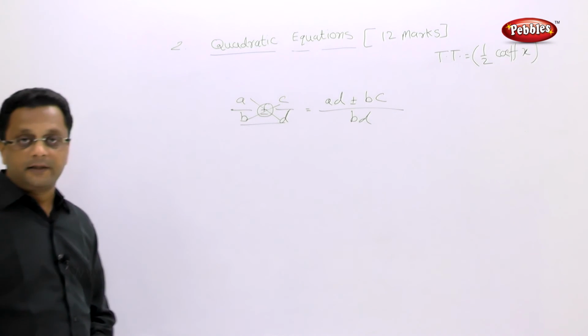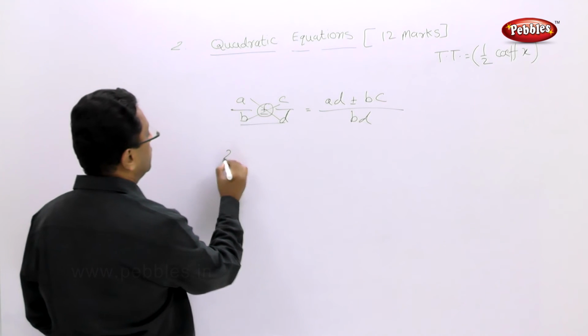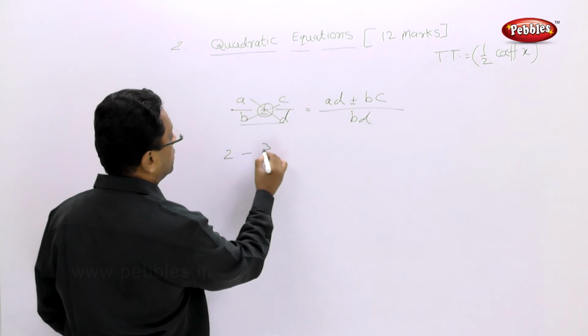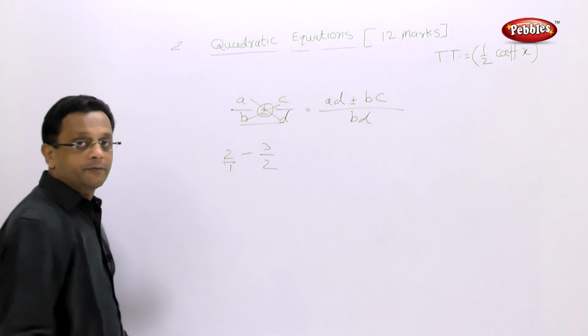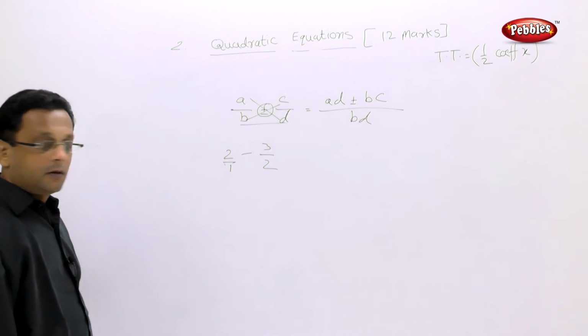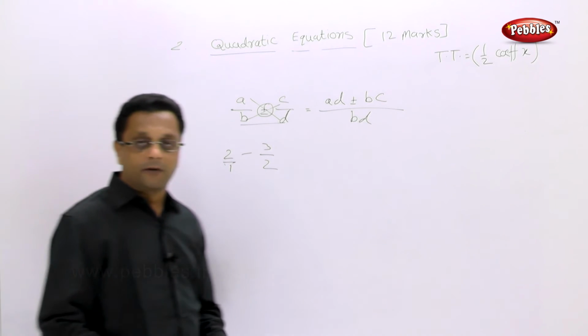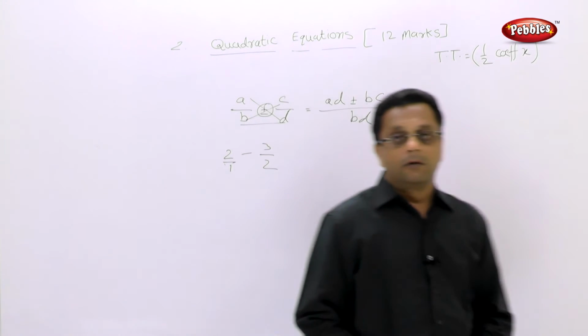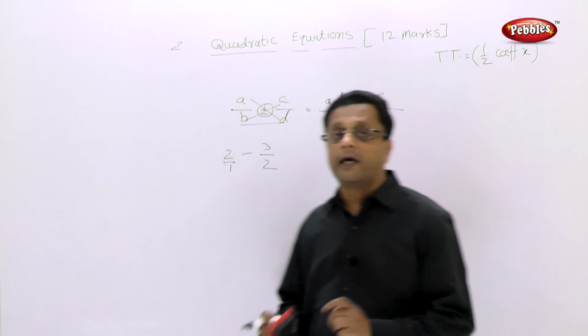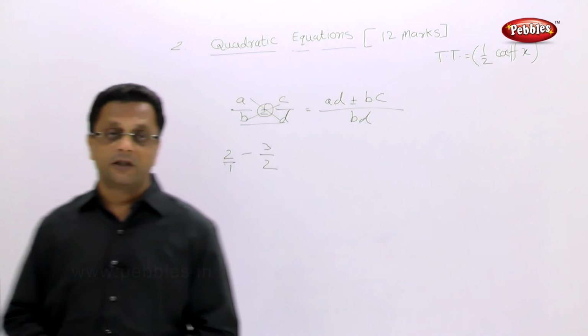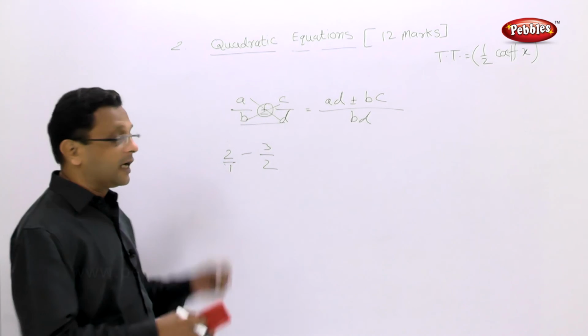Don't forget the signs. Okay, so if you have something 2 minus 3 by 2, then this is nothing but 2 upon 1. Okay, don't just merely come to conclusion of some figures, or even if the calculation is easy, don't jump to it directly. You may commit some mistakes. Better to go step by step by writing. Okay,